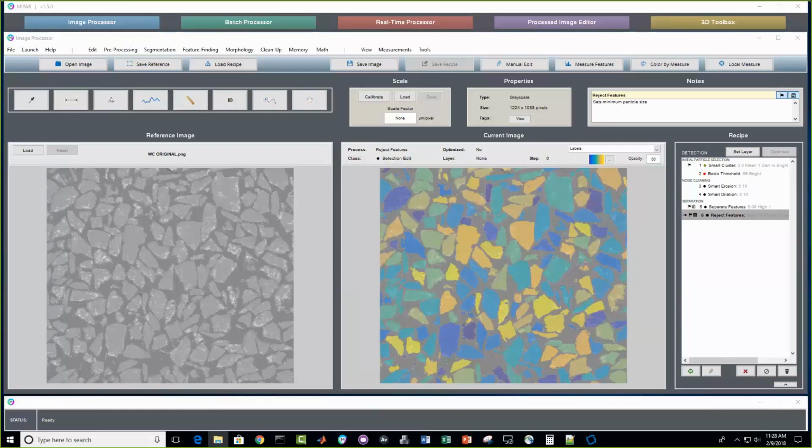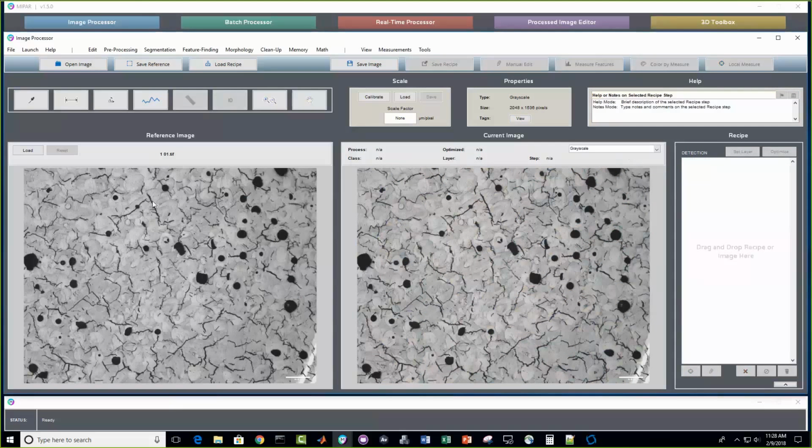So what we'll now do is move on to a different application, cracks and pores, which is one that we see quite often from folks. And once I show this particular recipe, then we'll go back and look at quantification for both of these applications. So let's start with a crack and pore example. Clear this out. We have here,